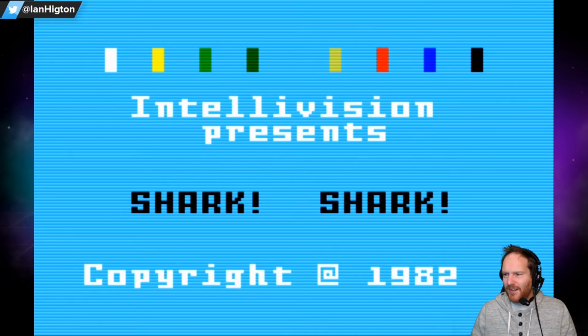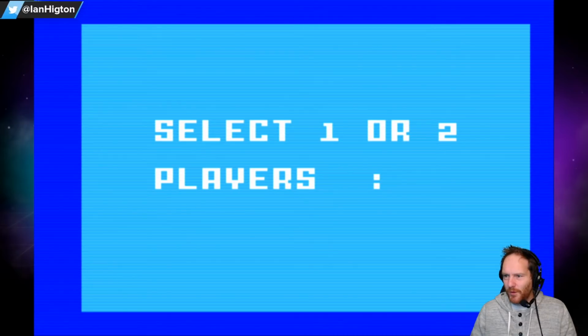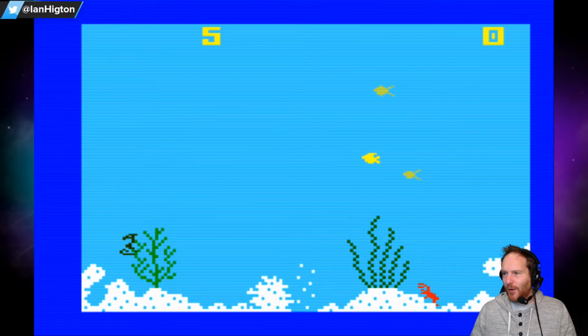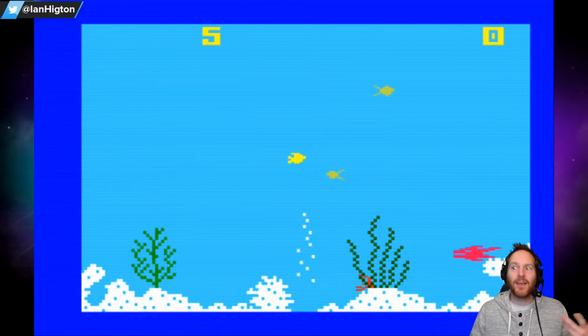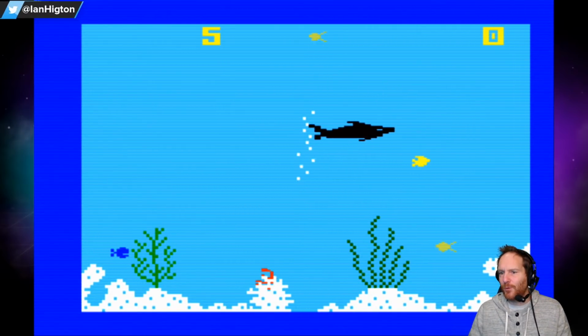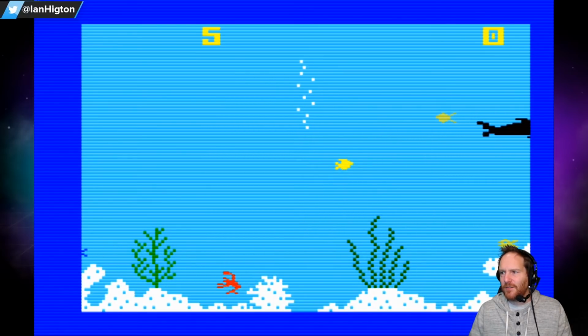Intellivision. Shark Shark! Copyright 1982. Select 1 or 2 players. I like that you can bring up the keypad here. That's quite cool. One player. Oh, and then I have to press enter. Here we go. So I'm a little fishy. Oh, dart. Oh, I don't shoot darts. I actually dart. So I need to eat fish that are smaller than me and avoid fish that are bigger